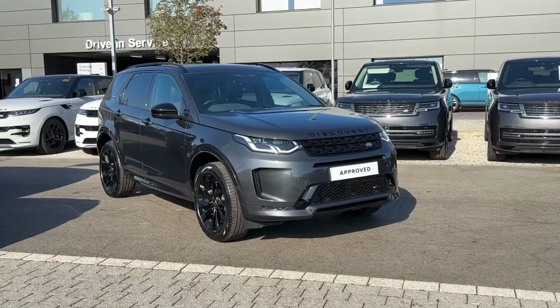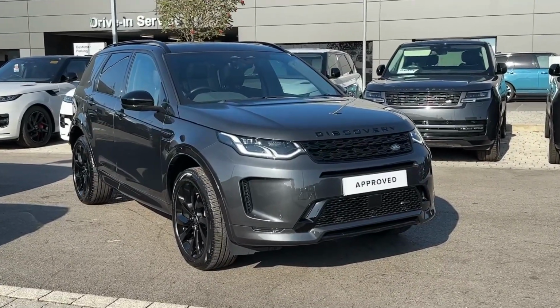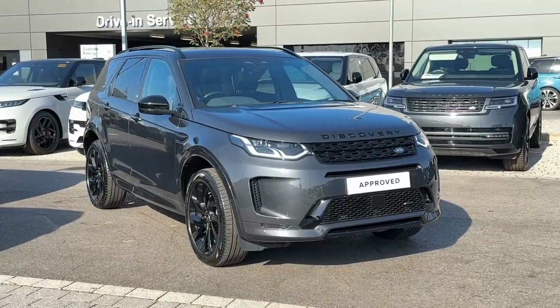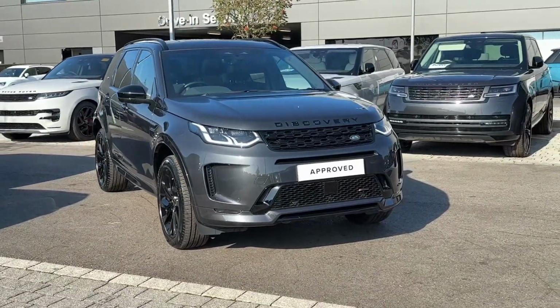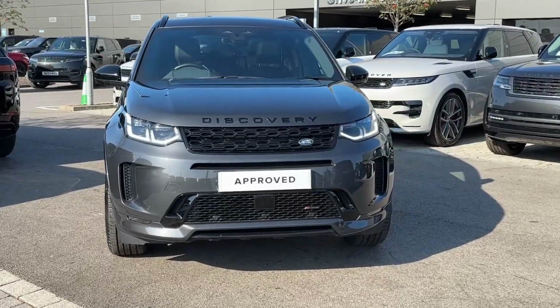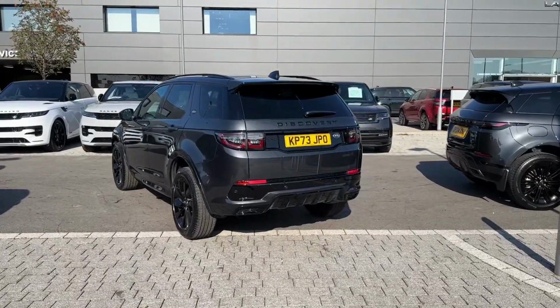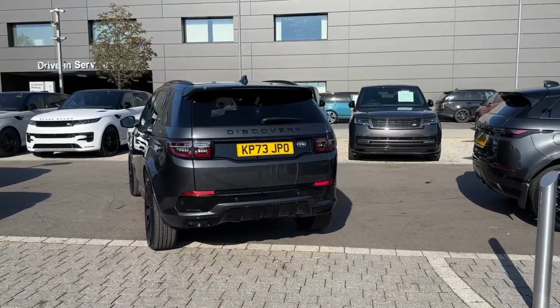Today I'm going to be taking you on a 360 walk around of this approved used Land Rover Discovery Sport D200. This vehicle features a 2-litre diesel engine pushing out 204 bhp, delivered through an automatic transmission and down to all four wheels. Taking a look at some of the exterior features, this example comes finished in the metallic paint